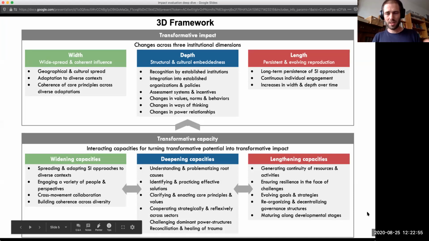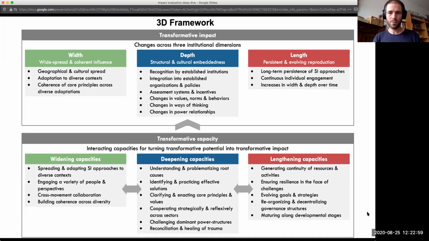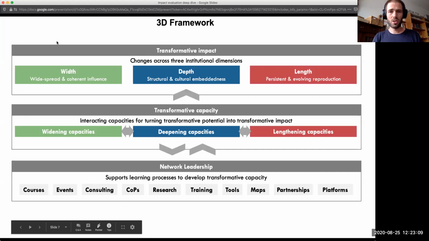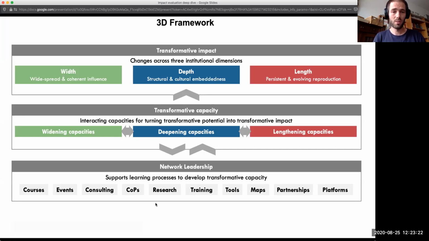So the next step, if we have this understanding of transformative impact and capacity, is how can we develop these capacities, and how can we bring about this impact as network leaders? Here again is the main concept I just talked about in the top 2 elements, and the bottom part is about how network leaders can support learning processes to develop this transformative capacity.